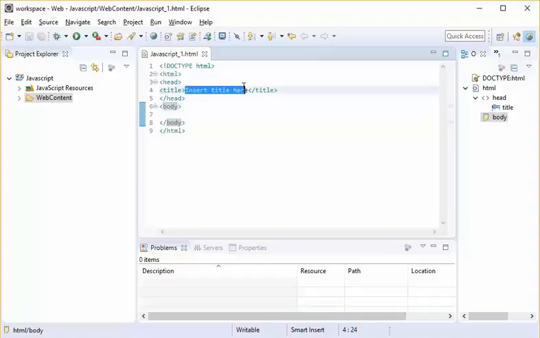I would like to make a few changes to the template offered by Eclipse. So I'm creating this page. Let me give this the title JavaScript 1. Whenever you want to work